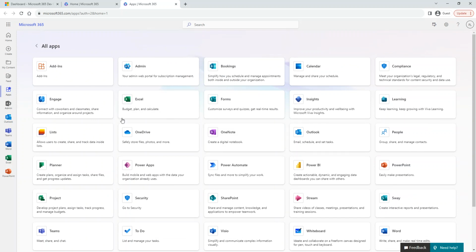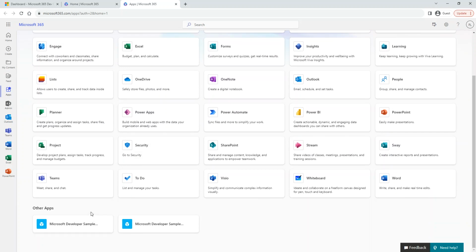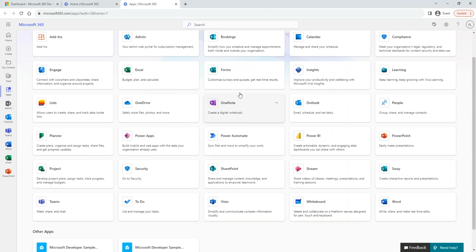There are other apps you can add on. You can get an add-on. Also, we will build apps. We are developers. We will build apps for an organization, and they will be available to be consumed by the organization. So when I clicked on it, it opens a new tab right here.